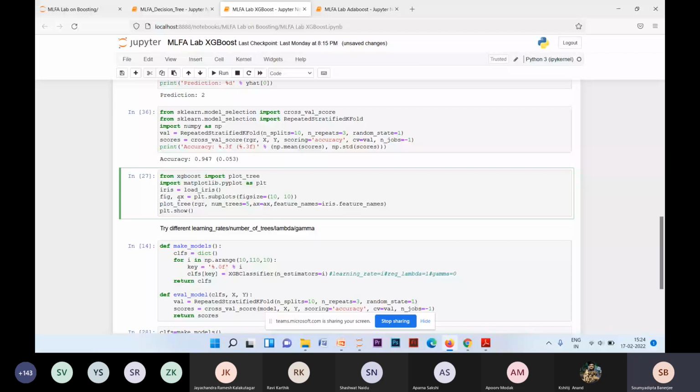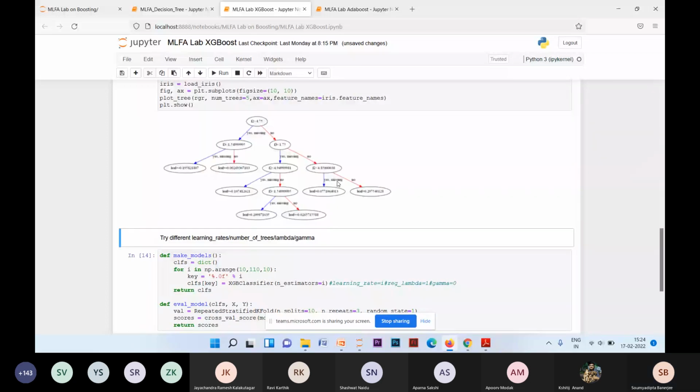So you can index the trees as num trees, this num trees value here. I've given 5. So you can view the trees, each and every one. I'm not printing all of the trees here because it's just too much space. So this is one of the trees, and if you zoom into this,